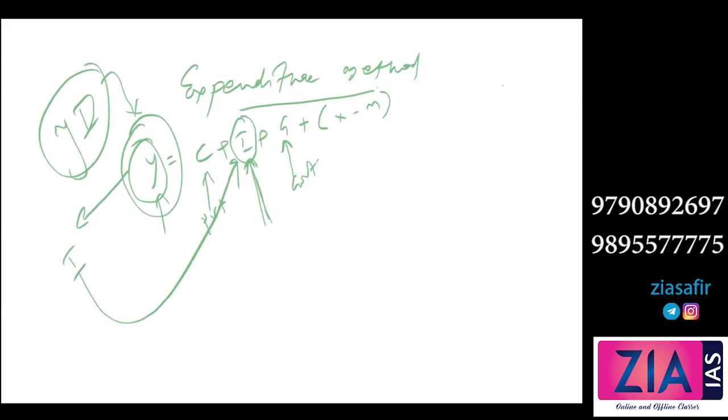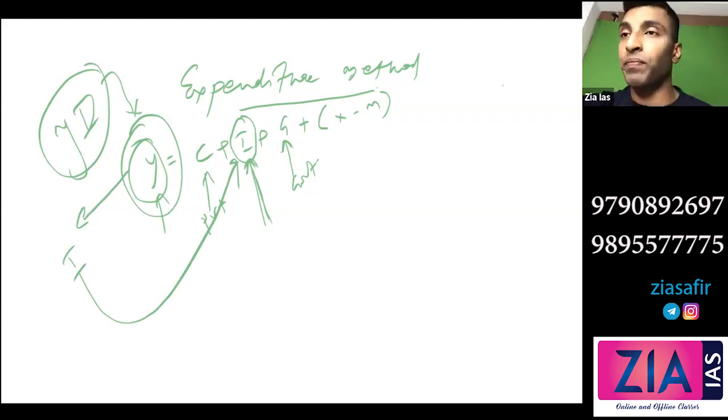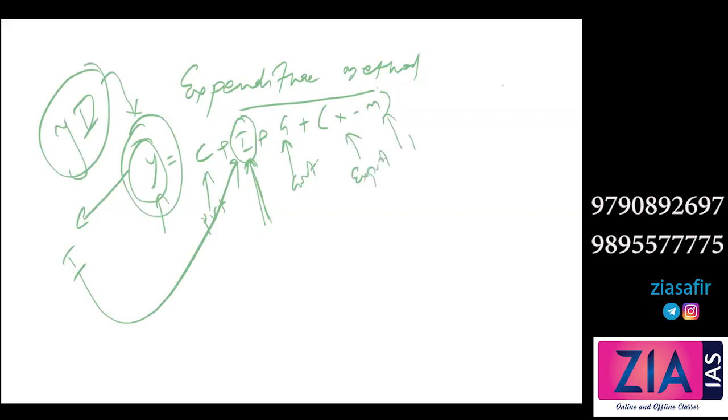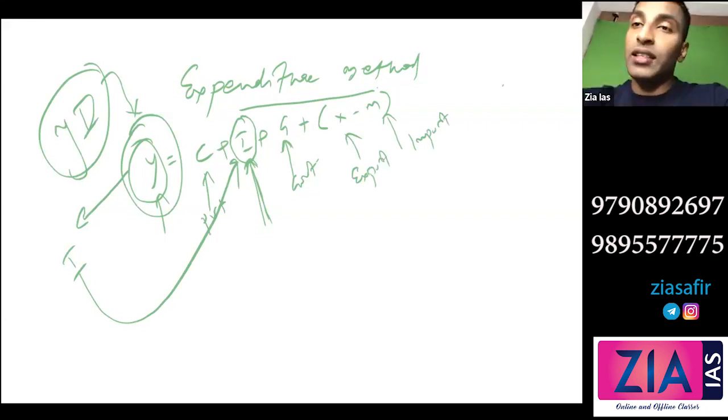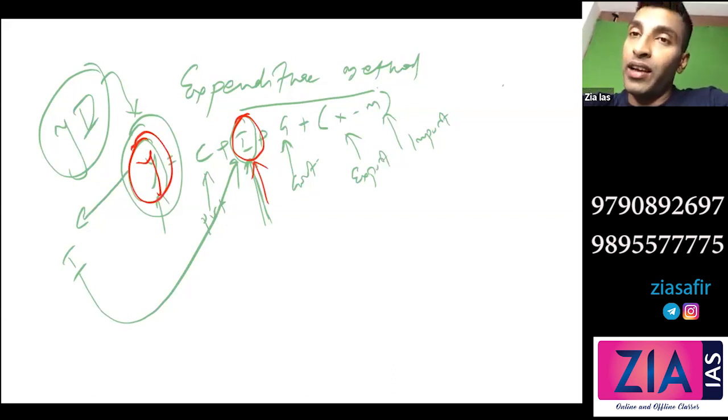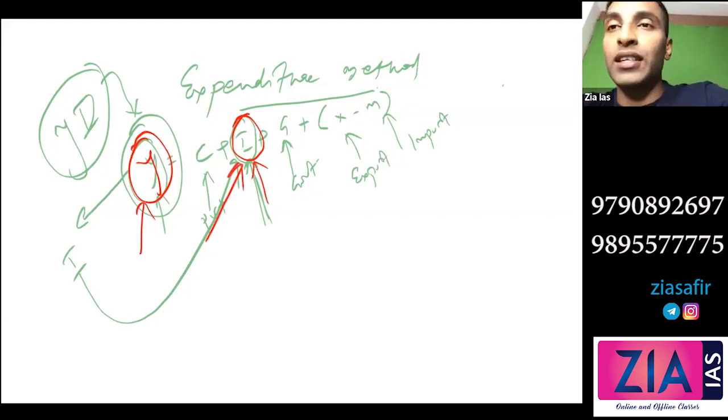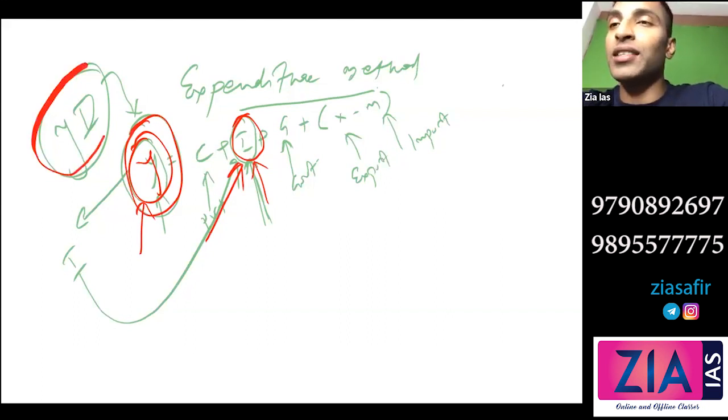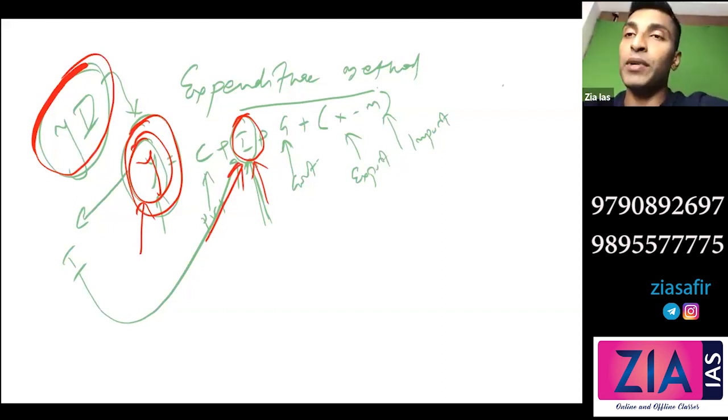Okay. So C plus I plus G plus X minus M. X is export, M is import. This is export. This is import. Now, what is the confusion? See, I is investment. Y is income. Income we are not representing with I because we have already used I for investment. And why we are using Y to represent income is because income is generally understood in terms of yearly income. So yearly Y. That's why we are using Y. That's it. Okay. So C plus I plus G plus X minus M.